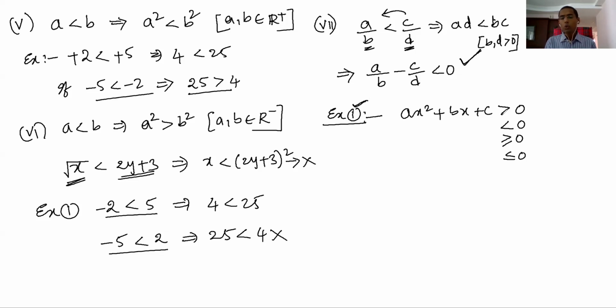So how do you solve these kind of things? First, let's take a few examples. These are very easy ones. Let's take now (a minus 2) into (a plus 3) is less than 0. One question is less than 0. What is the solution? Already I explained this one. Or this is greater than or equal to 0, or this is less than or equal to 0, or this is greater than 0.